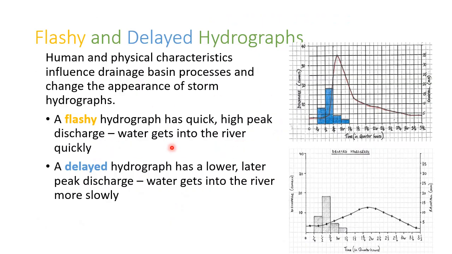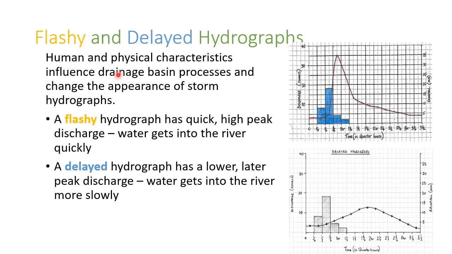Now, one thing that always surprised me was that actually geographers use this word flashy. It's actually a technical word. And a flashy hydrograph is one which has got a really short lag time. What it means is it rains and there's an almighty flood that's really quick, and then the water's back